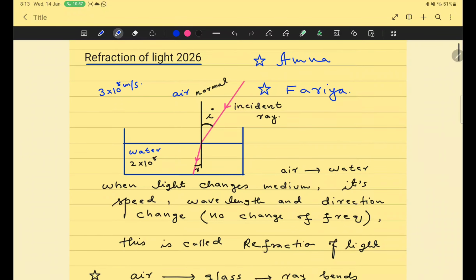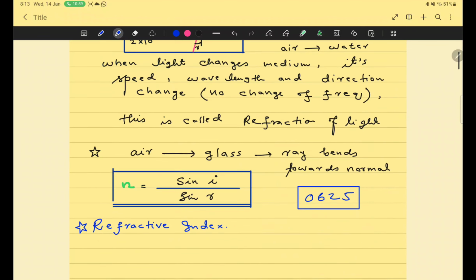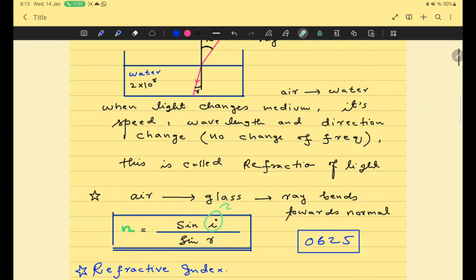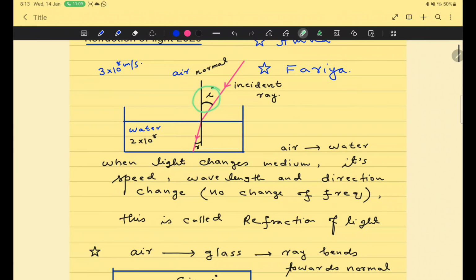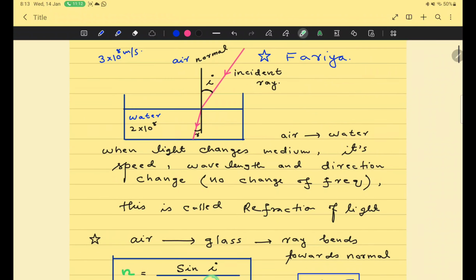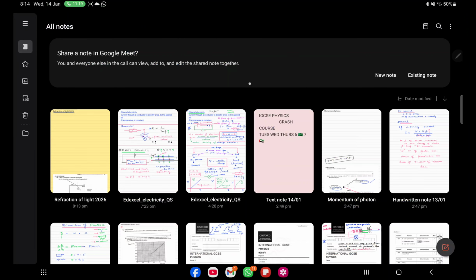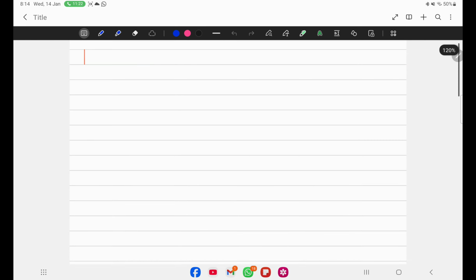So this is a very simple formula which I have taught you, and this formula is called refractive index. I for angle of incidence, R for angle of refraction, and in this example, water is used as a denser medium. But as you could not tell me the name of refractive index, it means I should explain further